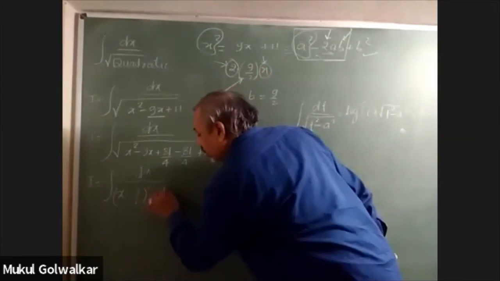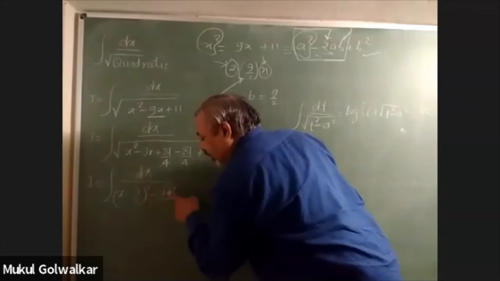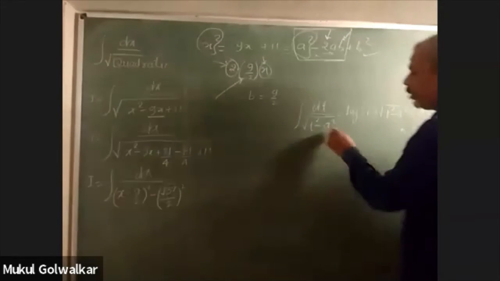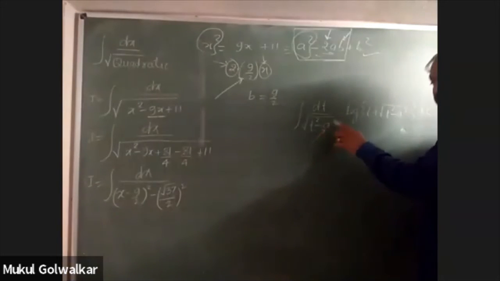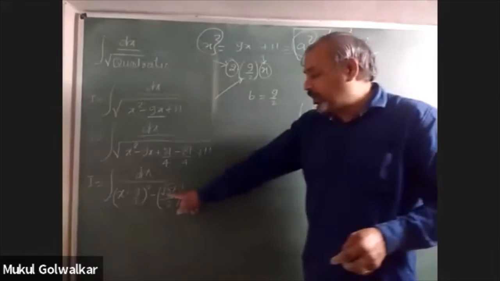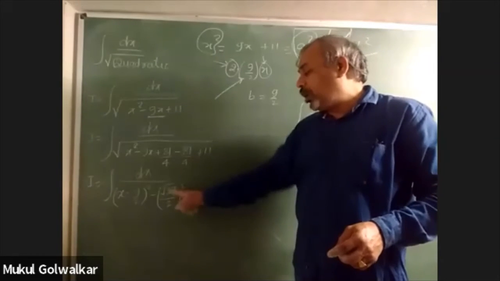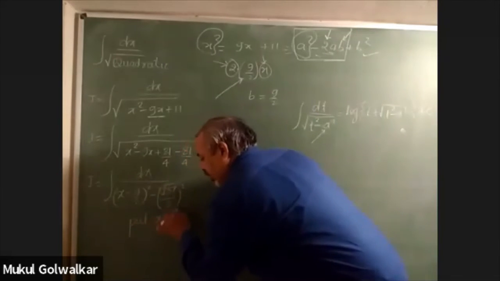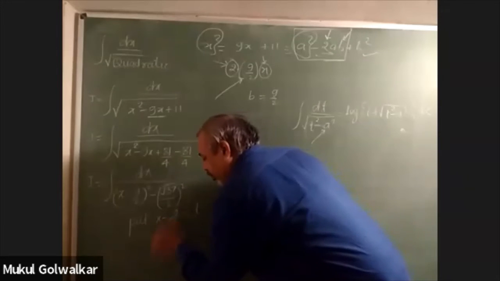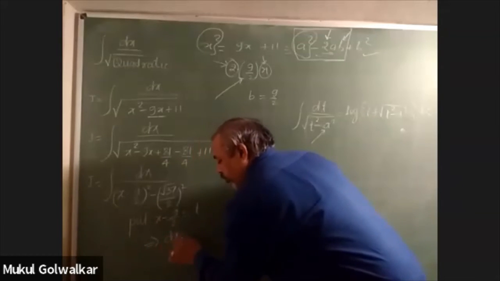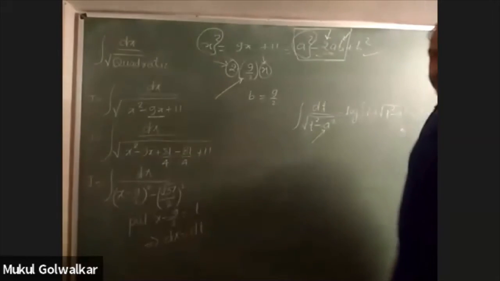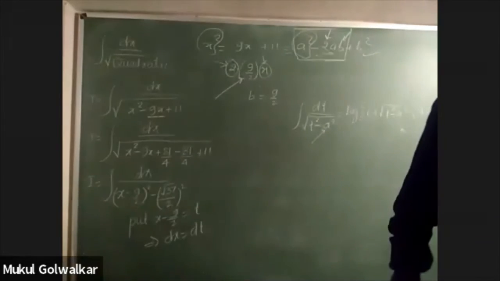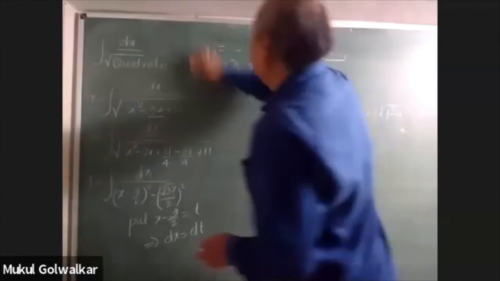So it is minus, whatever you said was correct, Atharva. I am writing root 37 by 2 the whole square, because in the standard formula we are required to write a square, that means the square of a constant, so 37 by 4 was converted to the square of root 37 by 2. Again follow the substitution: x minus 9 by 2 is equal to t, and after differentiation you will get dx is equal to dt. Writing dx equal to dt will now convert the given question.